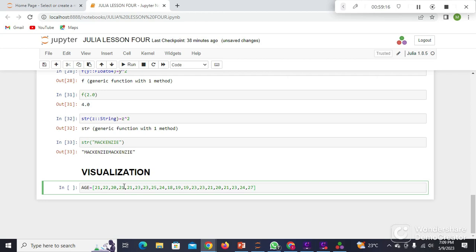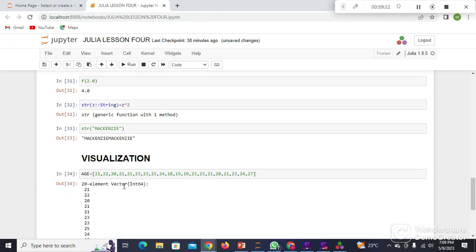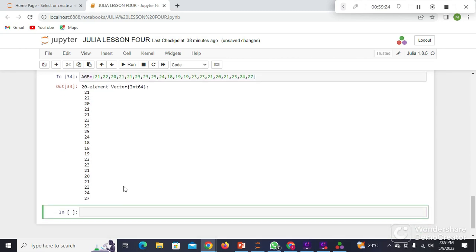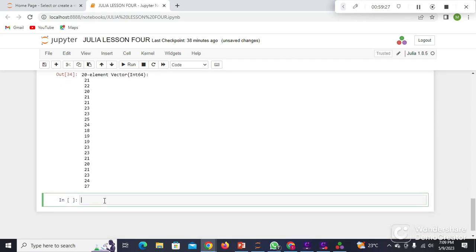So let's say you want to create a histogram for this data. What do we do? Number one, when we were starting using Julia, there's a package I told you all to add, and the package was called Plots. So that is what we want to use here, assuming all of you have it. If you don't have it, you will just add it at the end of the lesson, because you cannot add it right now and use it right now. It will take like 7 minutes to install. So using Plots,